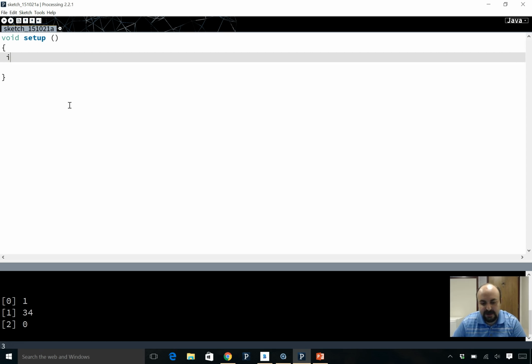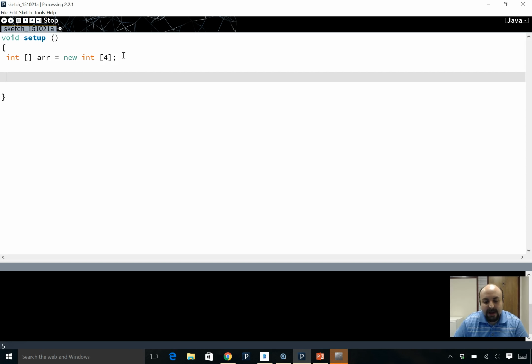So I'm just going to say int, open and close brackets, we call it R, equal new int, and we'll just say size 4. Okay. And so we have an array called R, and it has size 4. Now, if I go ahead and say print for me what is in index 0,